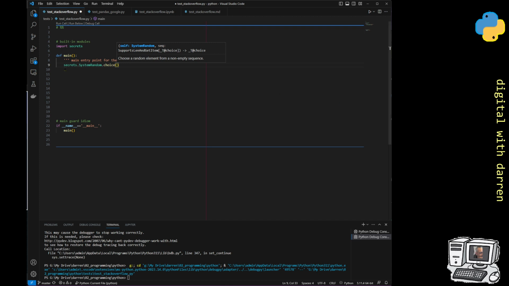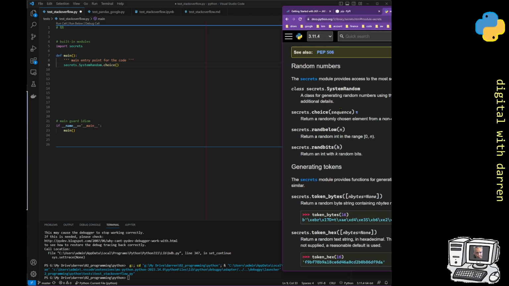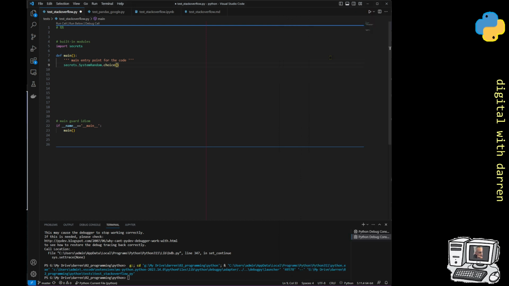But we've got this SystemRandom and then a choice, and we can put in a sequence in there. It literally describes what actually goes in here. So over here, it says choose a random element from a non-empty sequence. So what is a non-empty sequence? A sequence is something like a list. I always used to use the word list, but actually we'll call it a sequence. seq, there we go, equals